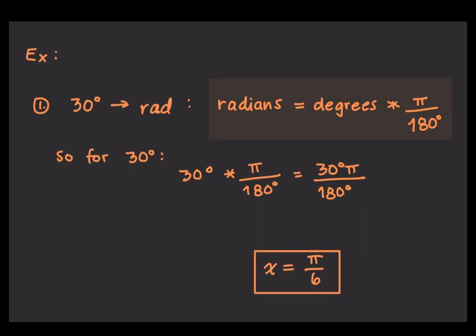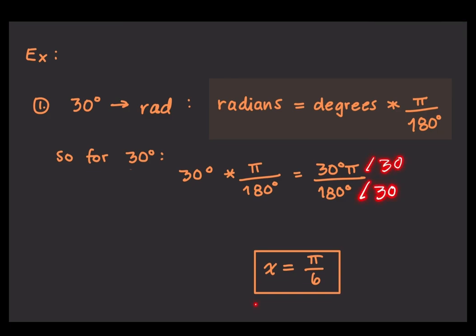So let's work out some examples. To convert 30 degrees to radians, we use this equation that says radians equals degrees multiplied by pi over 180. So for 30 degrees, pi over 180 multiplied by 30 gives us 30 pi divided by 180. And to simplify it, let's try dividing the whole thing by 30, and we find that